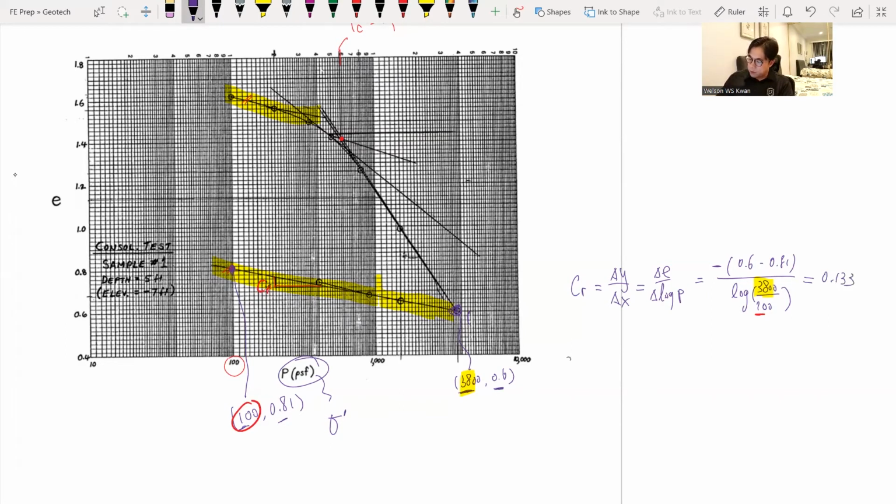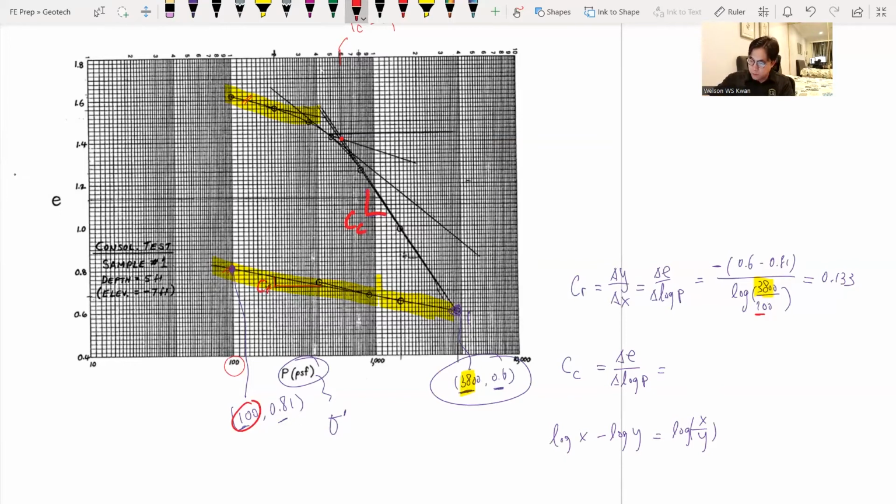And very similarly, we also do a C sub C. And again, per the FE manual, this is the formula. And again, log x minus log y will be equal to log x over y. So that's why it becomes a fraction when we deal with the difference between two log values. And very similar here, we can pick this one too, and the other one, because we want to find the C sub C here,